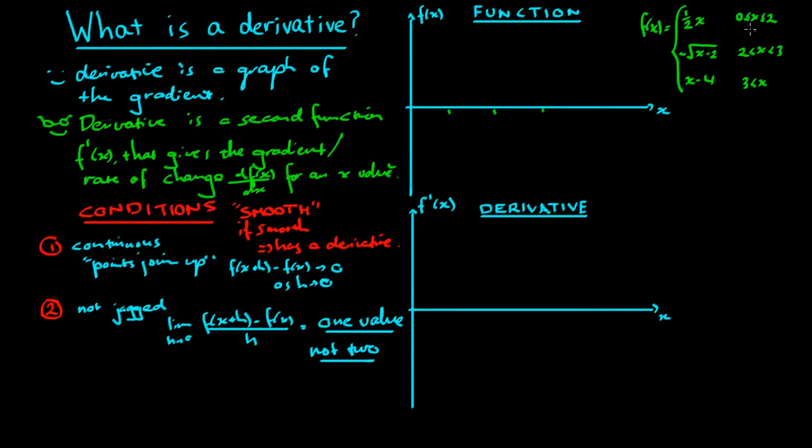Let's try graphing this function. So I'm looking at this particular greater than sign. It's actually greater than or equal to, so I put a closed circle here. Well, actually, a better way to start this off is to say, what would the graph of half x look like? Looks something like